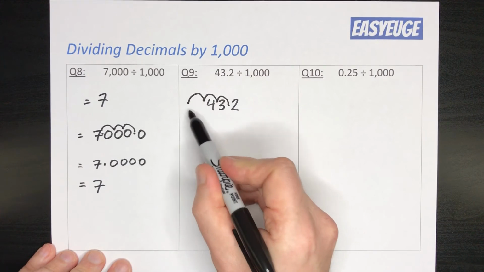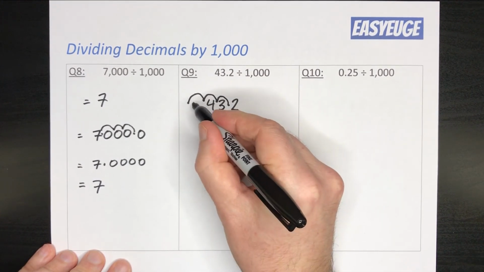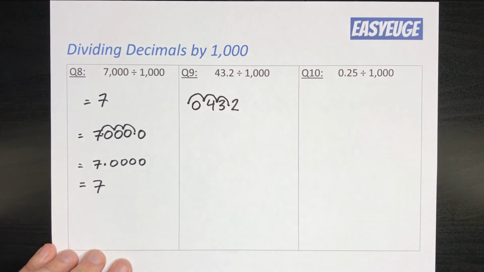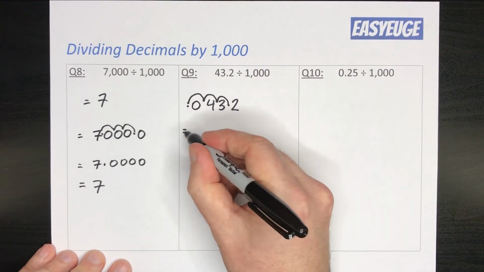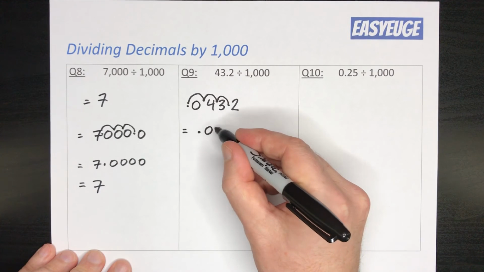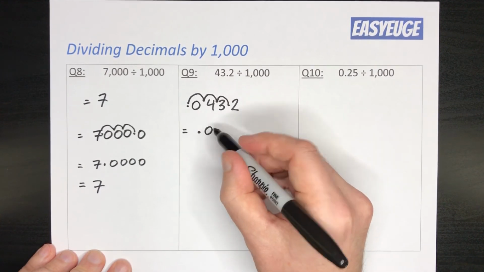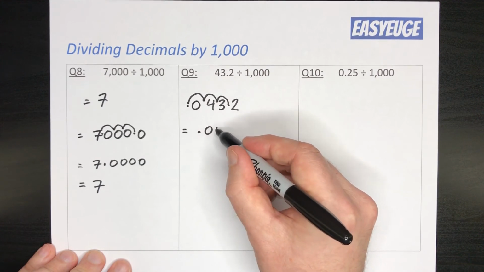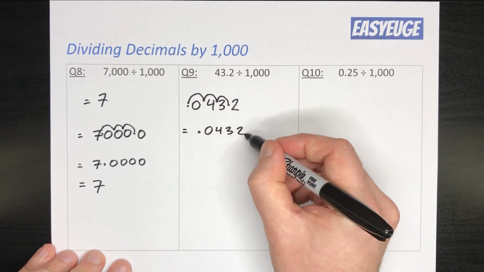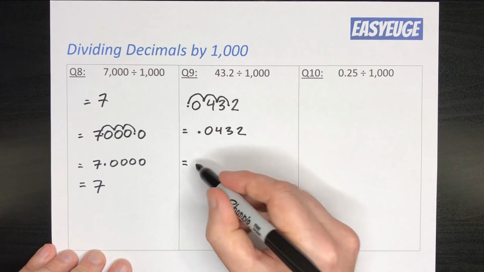So whenever we jump across free space, we need to add in a 0. And the decimal point has landed here. So this becomes 0.0. Now be very careful to add in the 0. 0.0432, and that is the same as